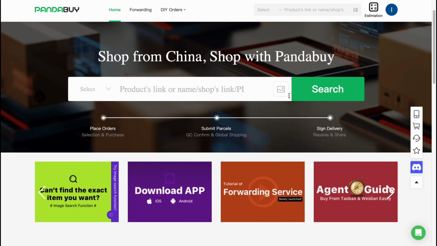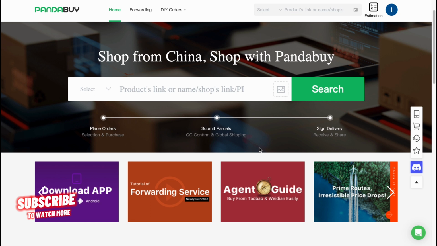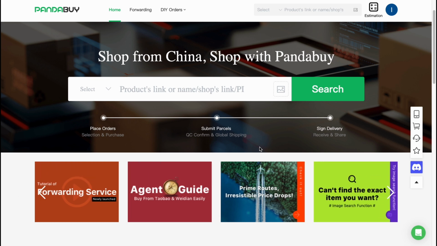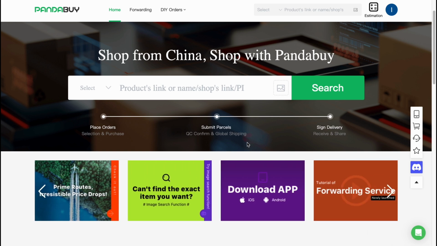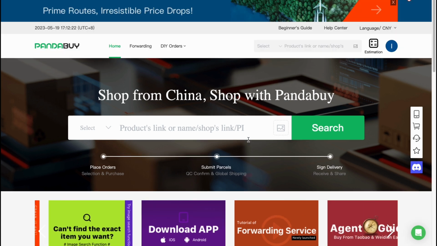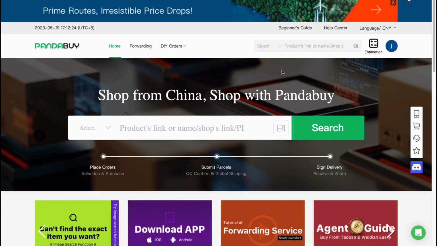So according to this information, we can easily set up our online store. We can easily try to buy items for ourselves. So there are a lot of ways of how we can use Pandabuy, but basically how we can order items. So the process is quite simple, and the first tip I wanted to show you is that if we scroll